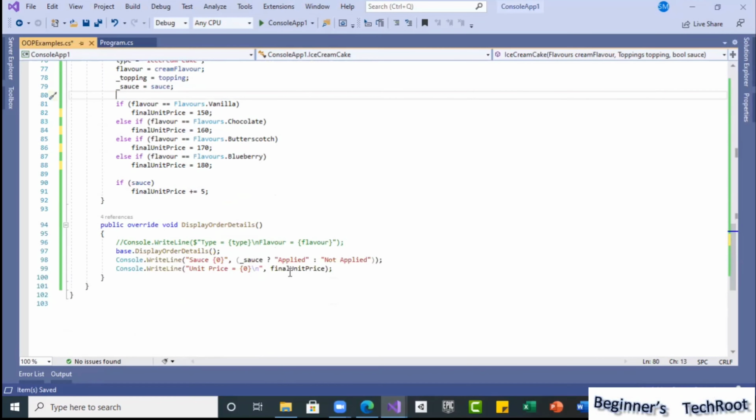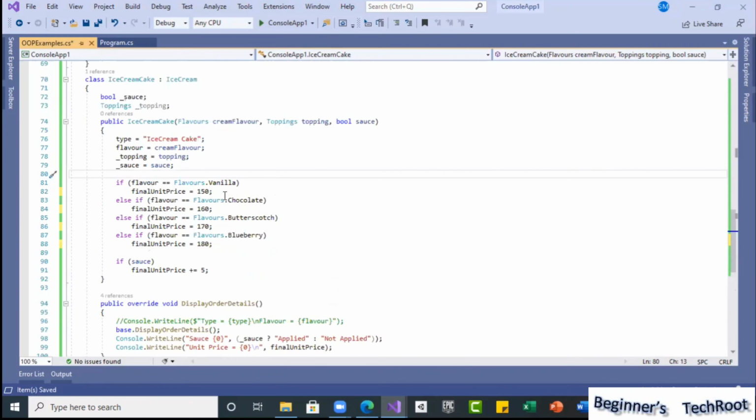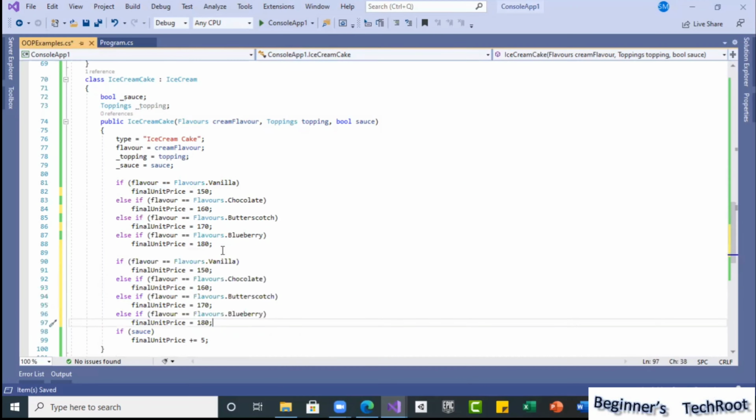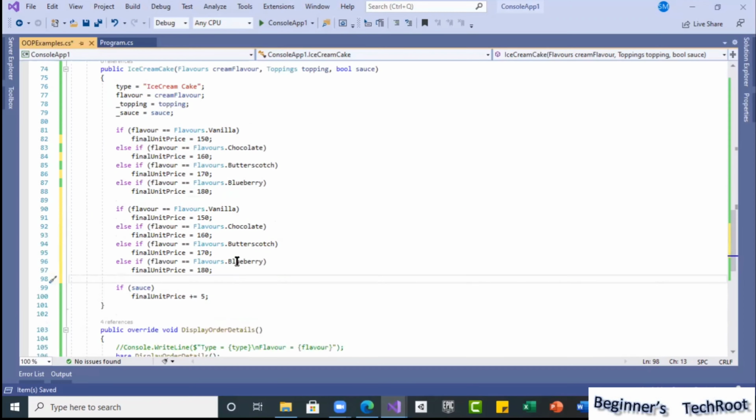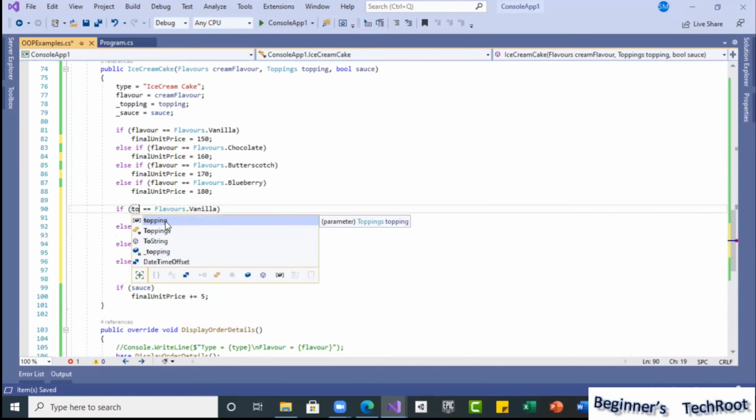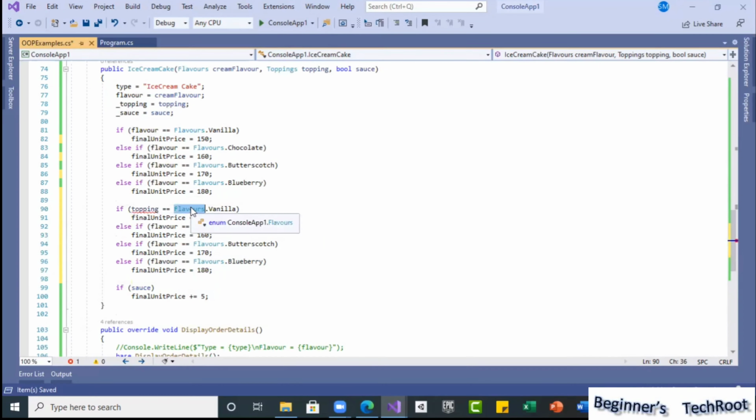the toppings they selected, I will just put it. Okay, based on the topping, even here we can add one more. These are the prices for this. And for a topping, one more if condition we can add. Okay, so here again, same like topping equal to toppings dot